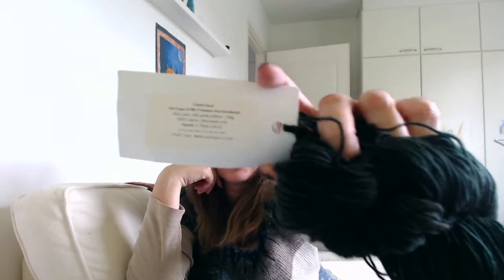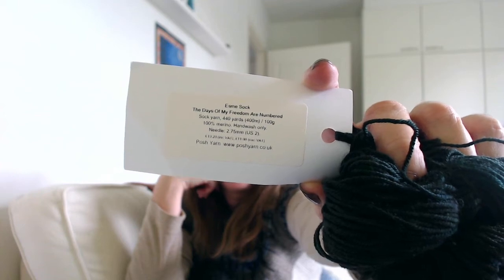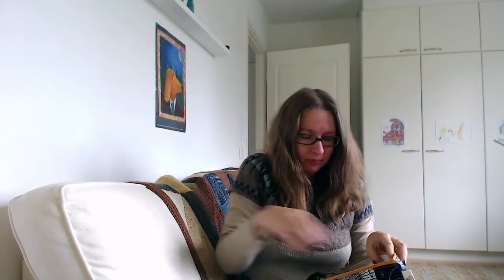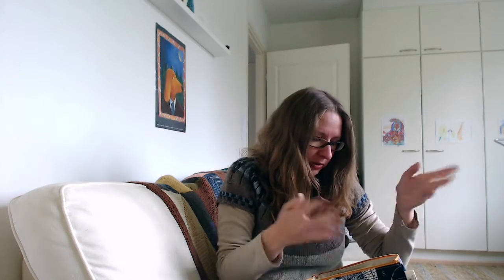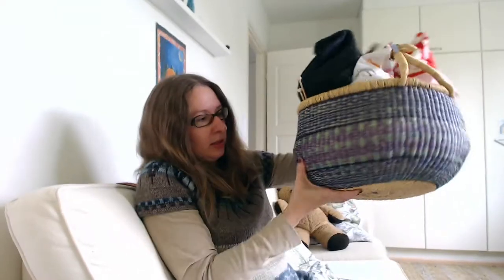This is also by Posh Yarn, and it's their Esme sock, in the colorway The Days of My Freedom Are Numbered, and this is just 100% merino. And so yeah, fingering weight yarn, a sort of lacy sweater in fingering weight yarn, which I think will be okay year round. And all my WIPs live in this basket, which is,